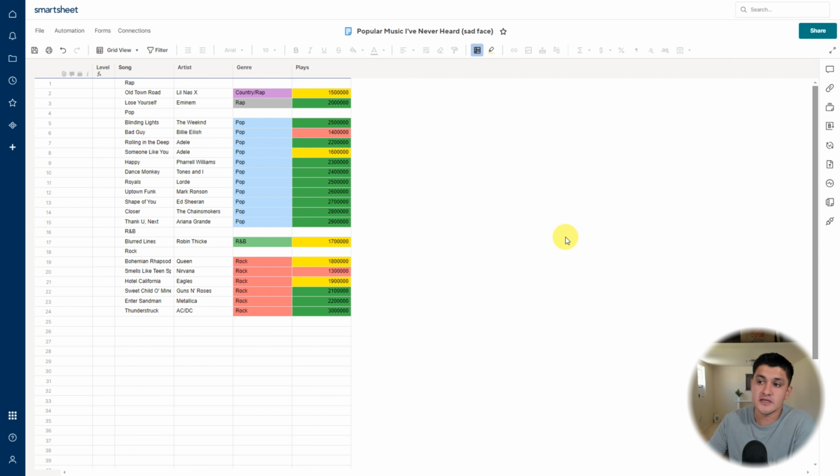As you can see here, we have the 3 different categories based on a certain value. Everything that is 2 million plays and above is gonna be green. Anything between 1.5 and 2 million is gonna be yellow. And then anything under 1.5 million plays is going to be red. There you go, guys. That is 3 different ways to think about how to format your data in Smartsheet using